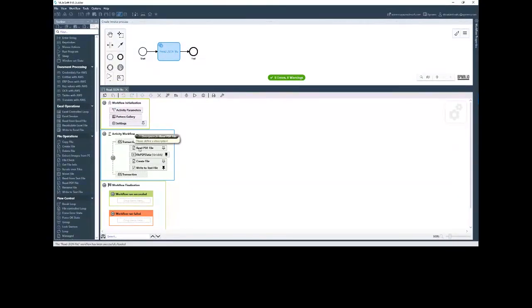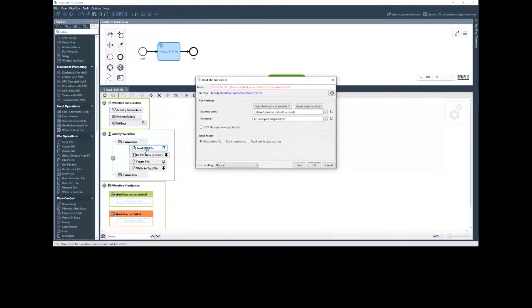So what I have done is I have done a read PDF. If I double click on this, I have to configure it. You can have environment variables here, and insert script variables here. Currently, I have hard coded it to read this file, with the directory path and everything. Password, if the PDF is file protected, then you can use the password. Read the entire file, or read a page range, or text in a selected area. Everything is possible here. These are properties of an OCR.